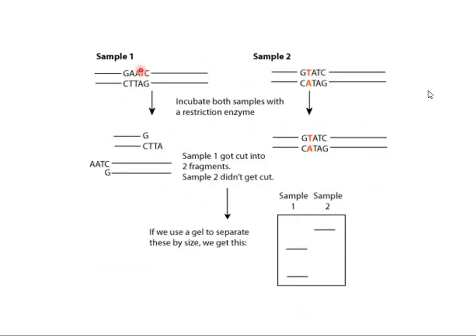This examples, then you can analyze multiple samples simultaneously. Sample 1 and sample 2. We have done the PCR first. You have carried out the PCR, then give it both the samples with the restriction endonuclease. Sample 1 got cut into 2 fragments, sample 2 didn't get cut into 2 fragments. So sample 2 is your homozygous, sample 1 is heterozygous.